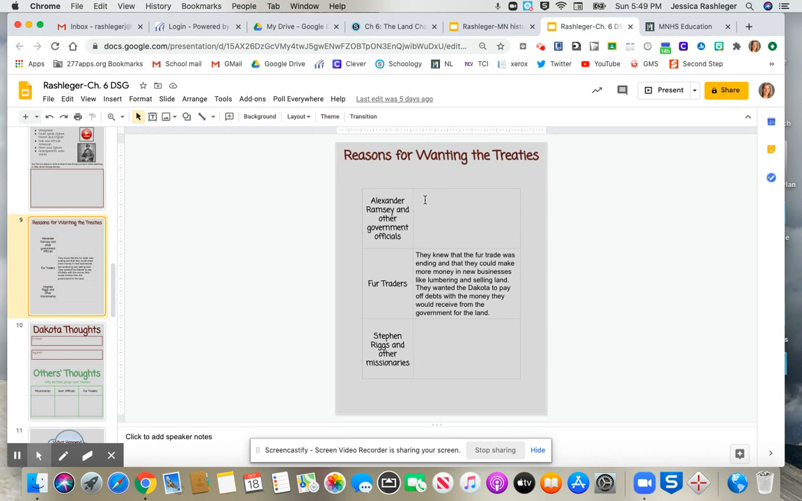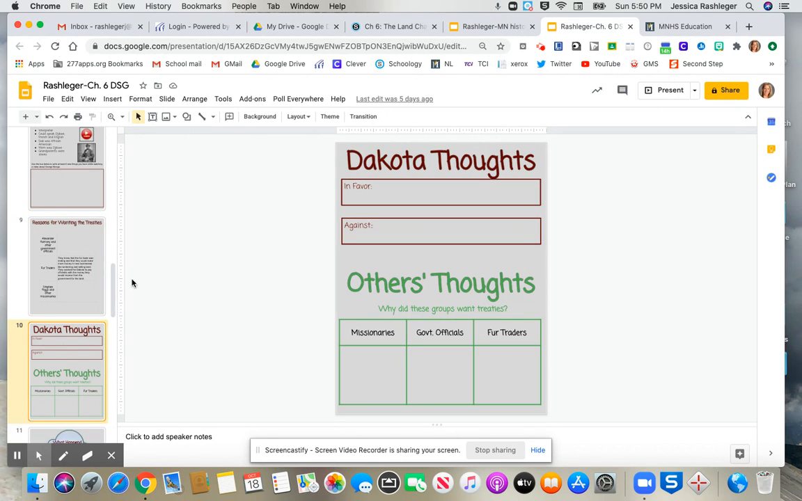So in this box, you're going to write down what Alexander Ramsey and other government officials, why they wanted the treaties. They already filled in the fur trader part for you, so you can see how that was done. And then down here, you're going to write in why Stephen Riggs and other missionaries wanted treaties. And finally, that last slide